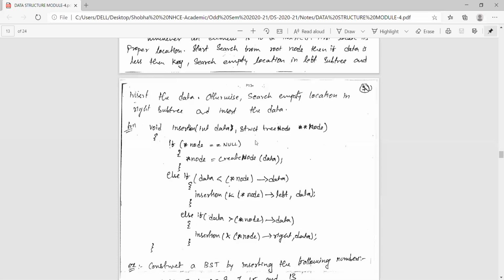If there is already a node, you are passing two things as arguments here: one, the data which you want to insert, and the other, the root node's link, a reference to the root node. Initially it will be null when there is no tree created, so in the first step you have to start by creating the tree by calling this create function.